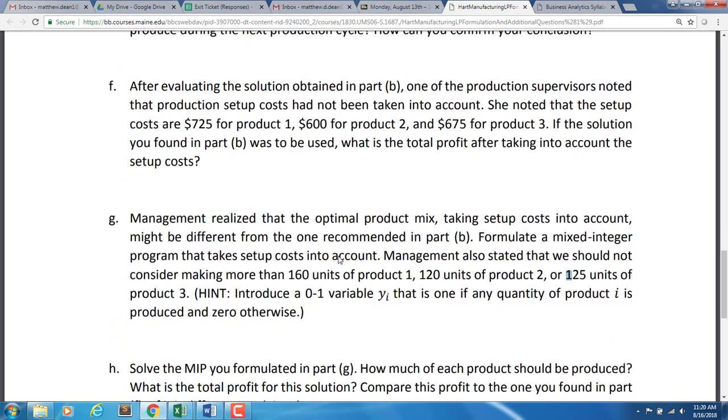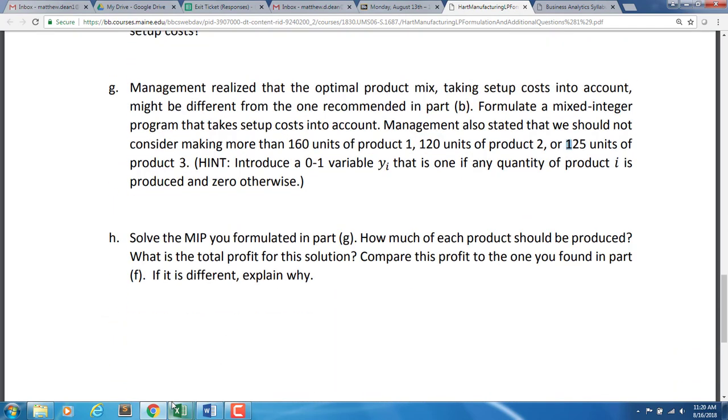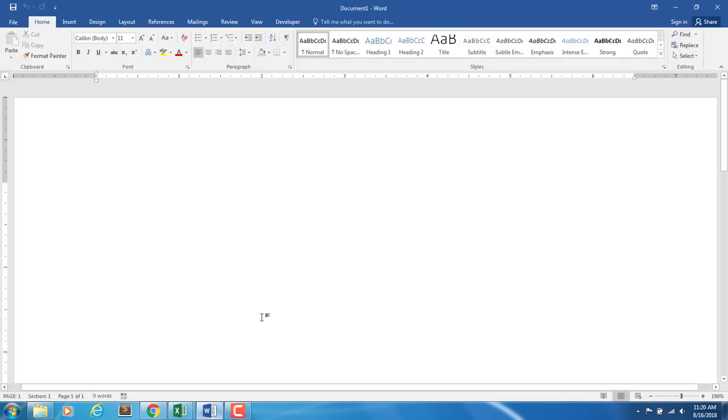So the way to enforce that is with the binary variable, which I told you to define as y. So we're saying P1 needs to be less than or equal to 160 units,